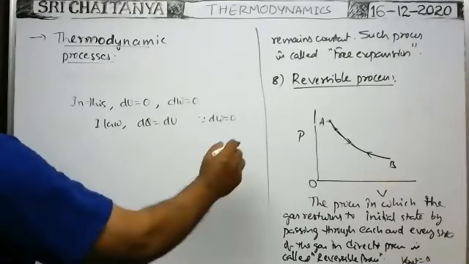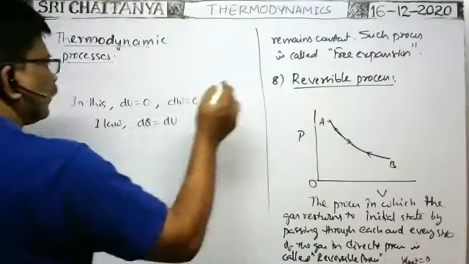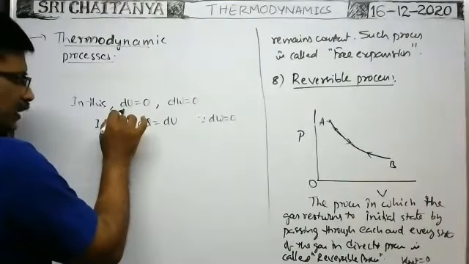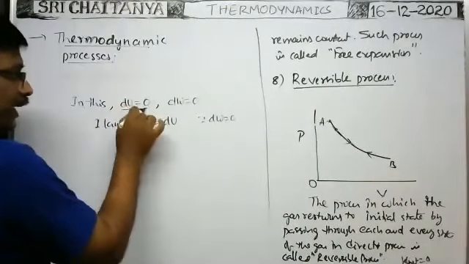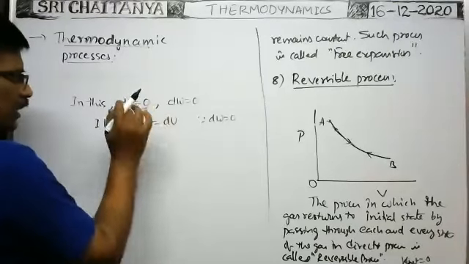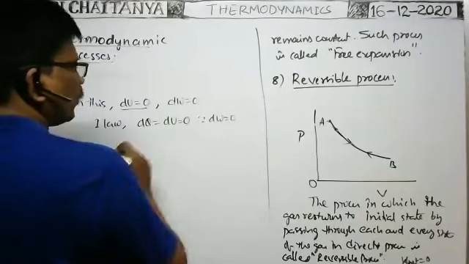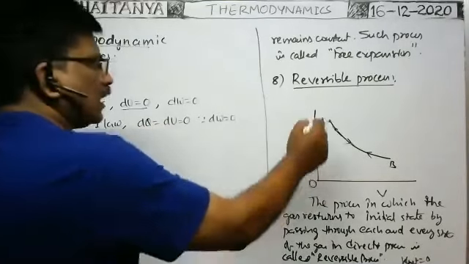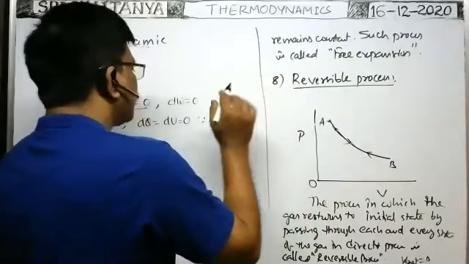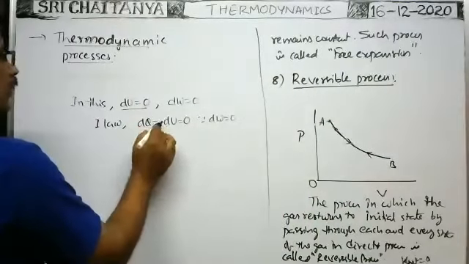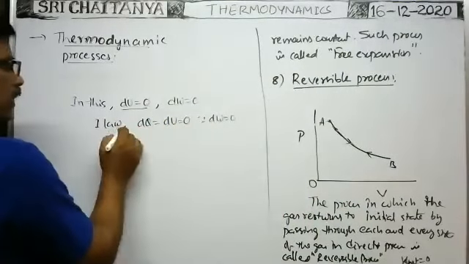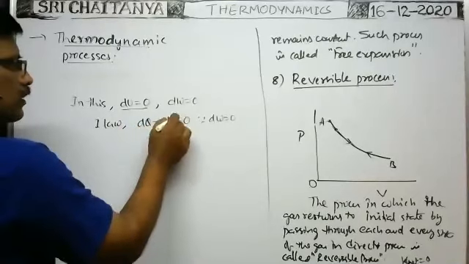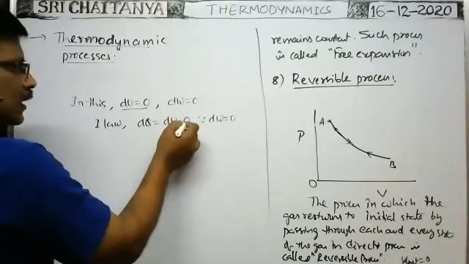Here, in this reversible process, the net change in internal energy is zero. That's why the net internal energy change is equal to zero here. Change in internal energy is equal to zero in the entire process. Whenever the reversible process is over, the change in internal energy becomes zero. That's why, no doubt, dW is zero. According to the first law, dQ is equal to dU plus dW. dW is zero, dU is also equal to zero.